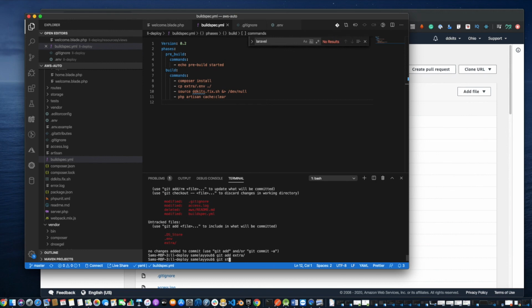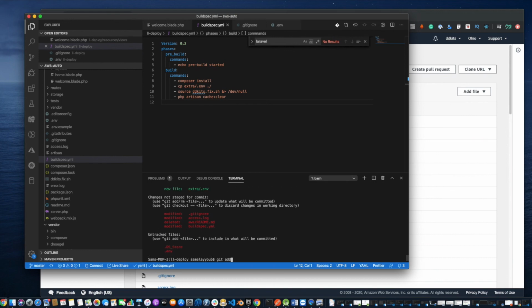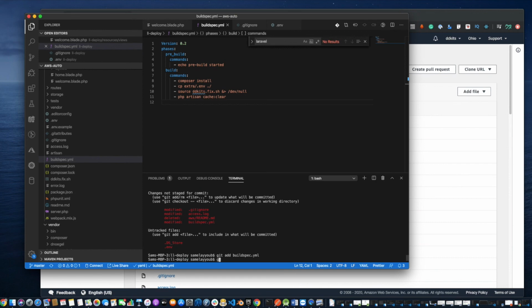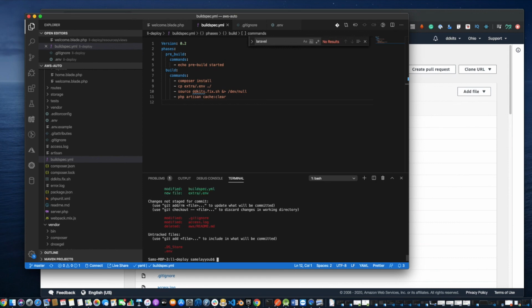And git status. We need to add build specs. Status. And we have the dot environment, and we have the build specs. Now what we're gonna do, we're gonna move them to the repository, and it's not gonna fix the issue, because right now we need to move this one. We need to run first the build before it happens in the stage,